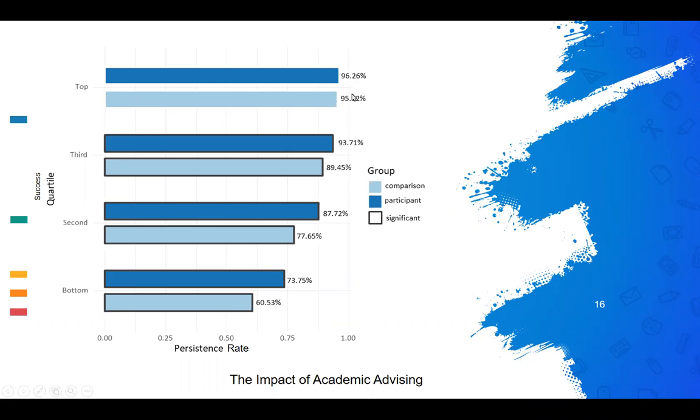That's because it's a ceiling effect. These students are already doing well enough that the influence of an academic advisor doesn't really change much, right? It doesn't really fiddle with any of their success. They're going to be successful anyway. We call that a ceiling effect. But already at the third success quartile, with these next most high performing students, we see a 4% gain from meeting with that academic advisor in that psychosocial support system, right? Then in the second quartile, we see a 10% gain.